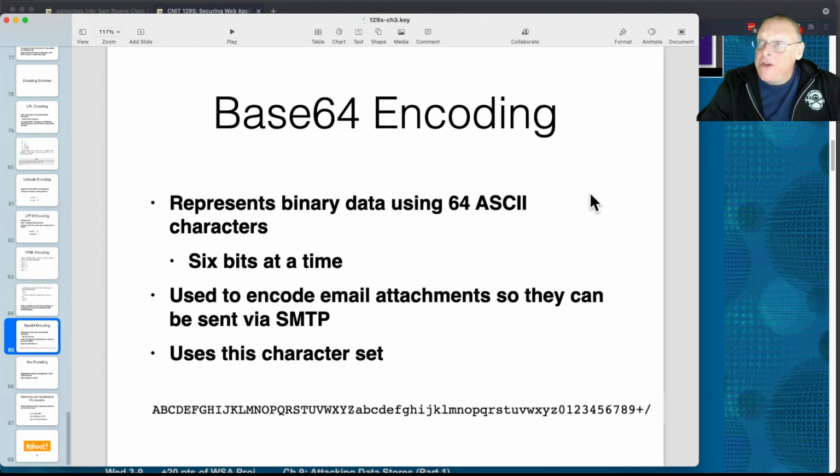And then there's Base64 encoding. If you want to send an image by email, or if you want to put it in a URL or a parameter of a website request, you can't use all the binary characters. So what you do is you Base64 encode it. You take 64 characters that are printed, which is uppercase letters, lowercase letters, numbers, and then 2 more characters, typically plus and slash. So now you have an alphabet of 64 characters that are printable,